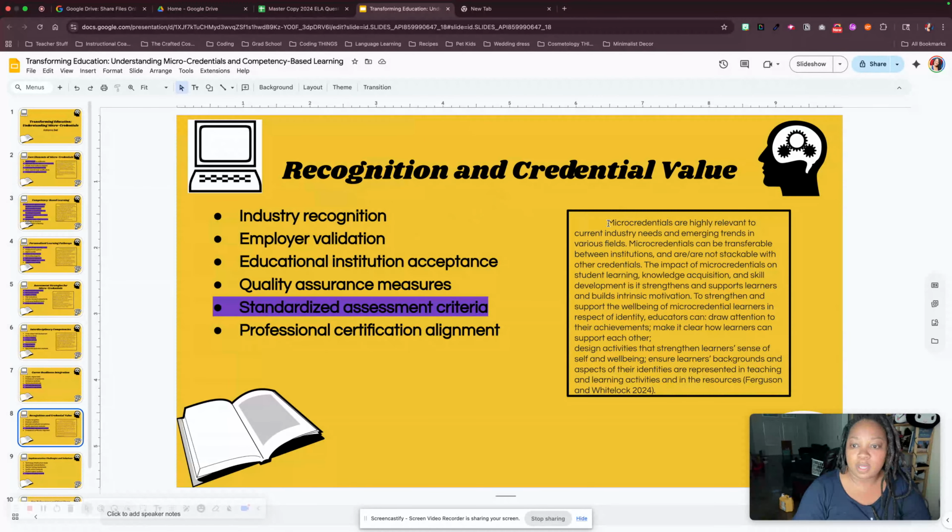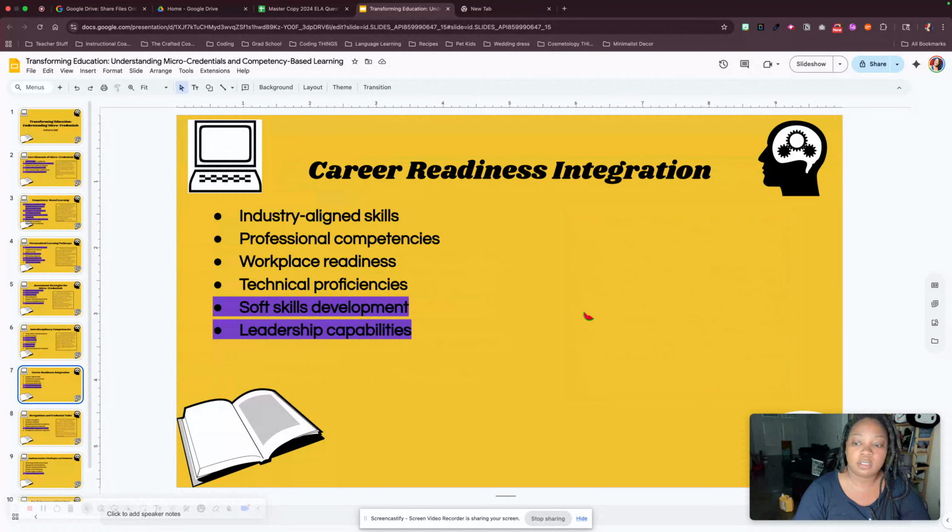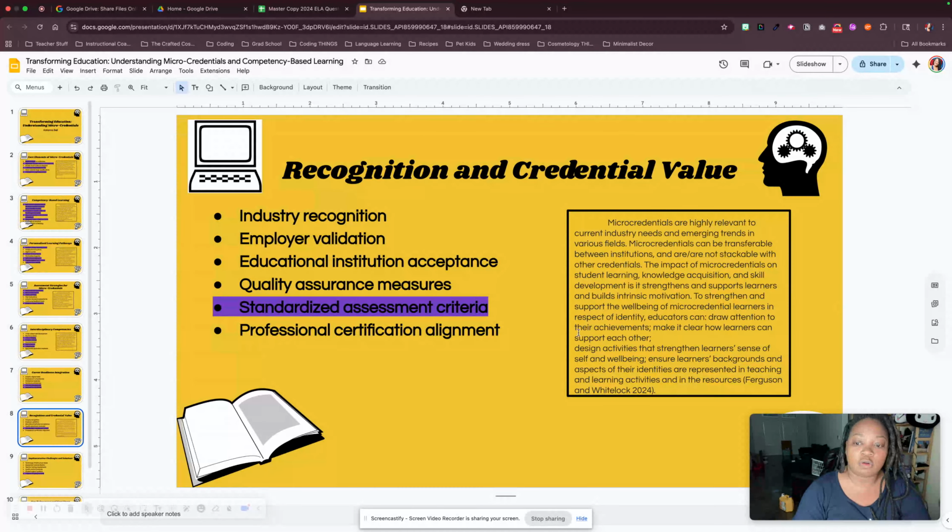Recognition and credential value. Micro-credentials are highly relevant to current industry needs and emerging trends in various fields. Micro-credentials can be transferable between institutions and are stackable with other credentials depending. The impact of micro-credentials on student learning, knowledge acquisition, and skill development is it strengthens and supports learners and builds intrinsic motivation. To strengthen and support the well-being of micro-credential learners, in respect of identity, educators can draw attention to their achievements, make it clear how learners can support each other, design activities that strengthen the learner's sense of self and well-being, and ensure learners' backgrounds and aspects of their identities are represented in teaching and learning activities and in